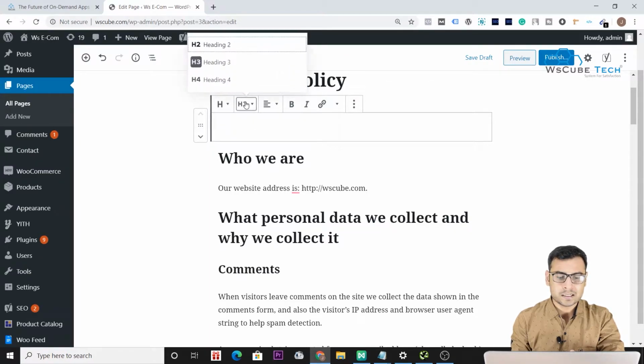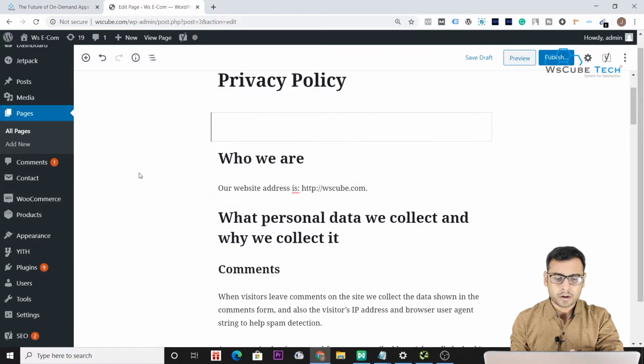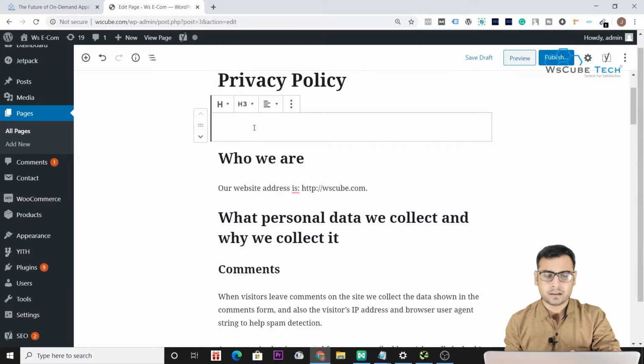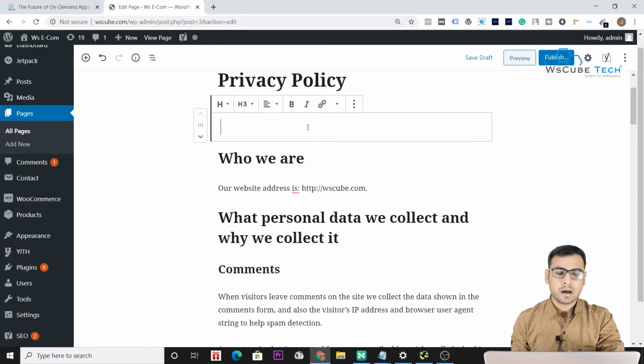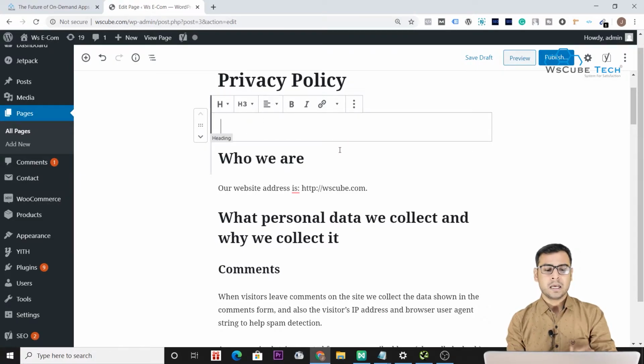You can easily see that the size changes as you move to H2, H3, and the size of your text decreases. So you can select the H1 tag from here and write some text containing the keyword, because in a heading tag it is important to write the keyword.